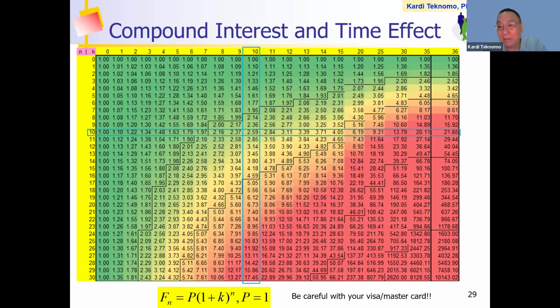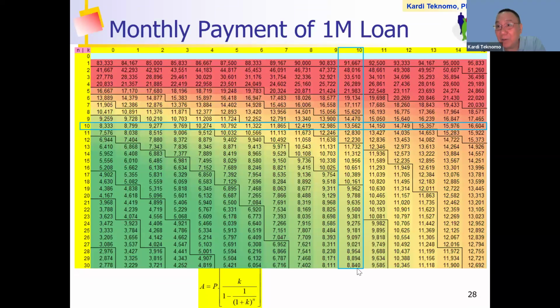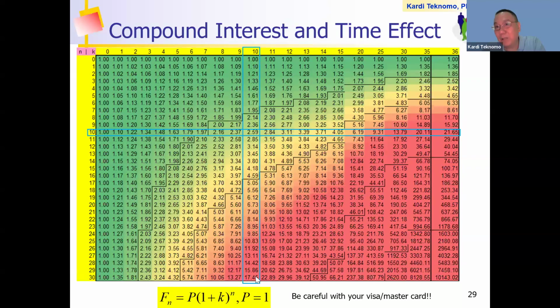That means crazy. Look here, this is the exact value. I pay only 8,000. No, when you pay 8,000 per month, actually you are giving the bank 16 times of your money. That's why you're getting poor. Do you realize?